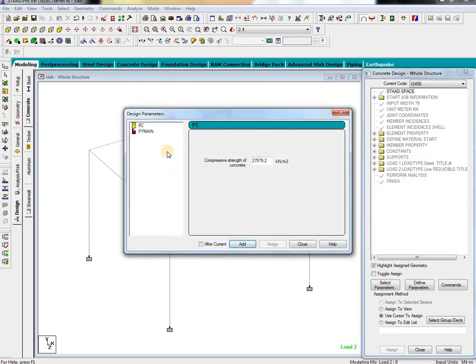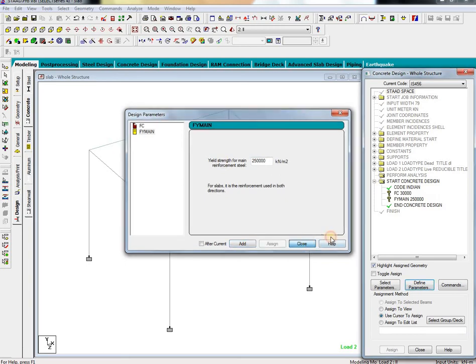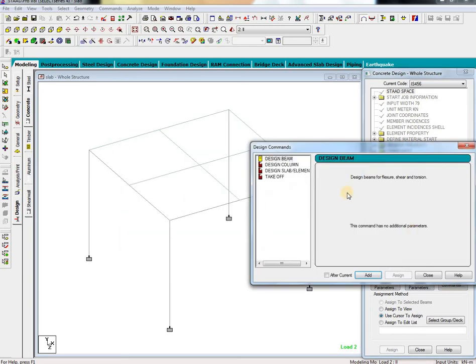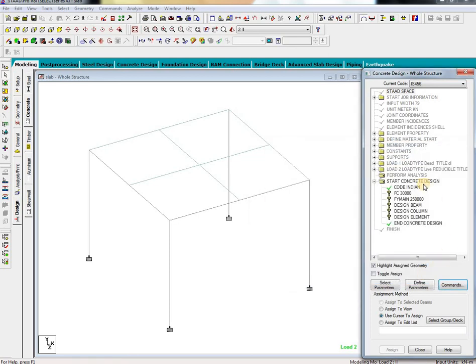Go to define parameters. In that I am selecting the M30 grade of concrete, that's 30,000, add, and then FY I would like to select FE 250, so that's 250,000, then add, close, and then go to command, and then finally design slab element, add, close.